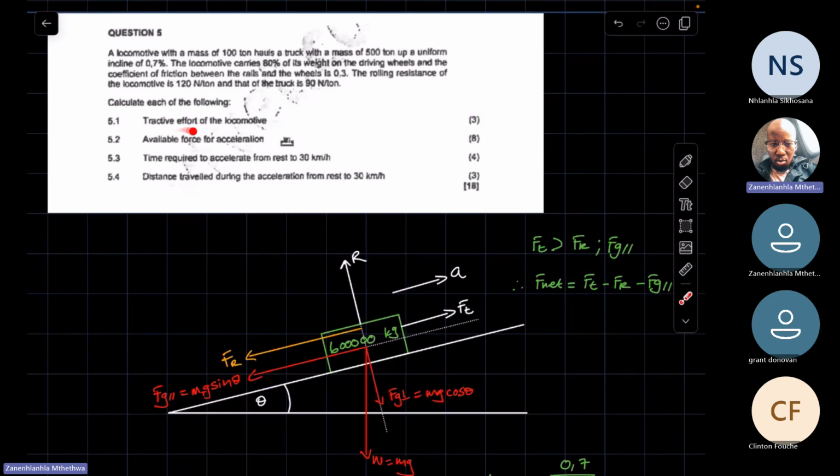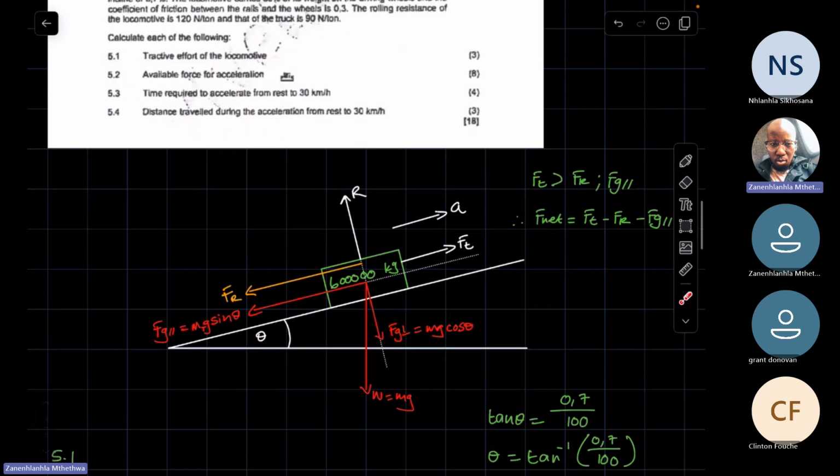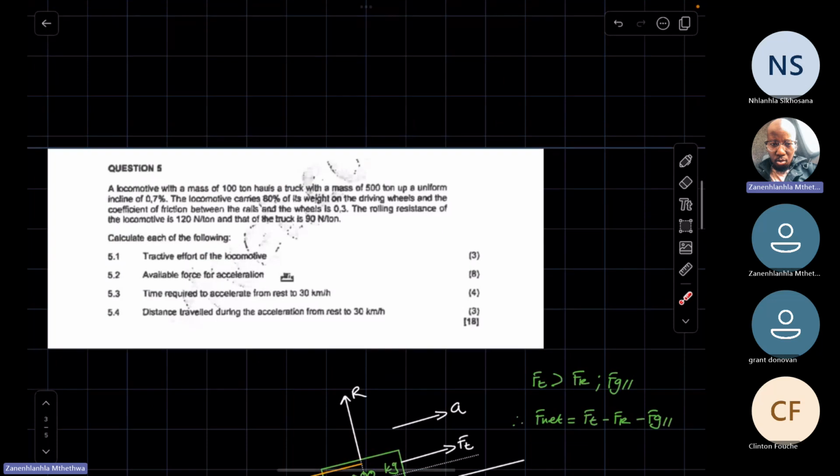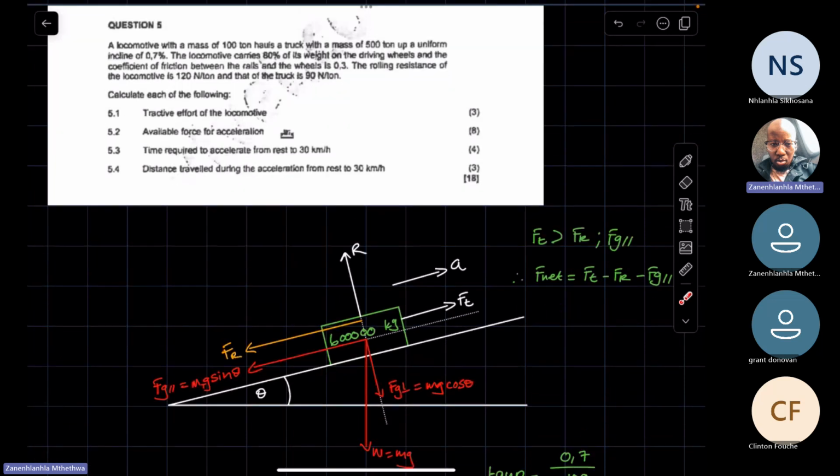The formula to calculate the tractive effort of the locomotive, right? If you see here, this specifies the tractive effort of the locomotive. So you are still going to use this formula, right? So the mass will always be, to calculate the tractive effort or total force applied, the mass of the locomotive only, right? So the major difference will be in calculating